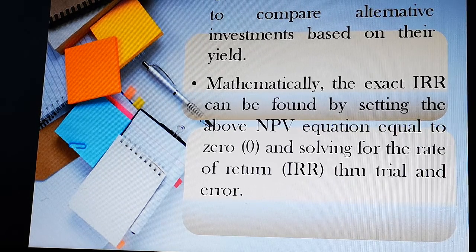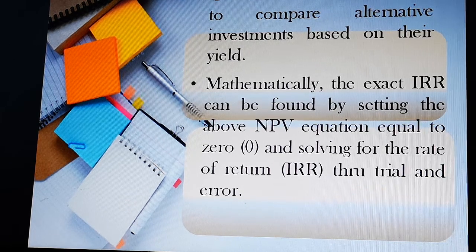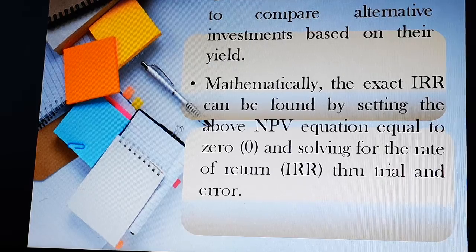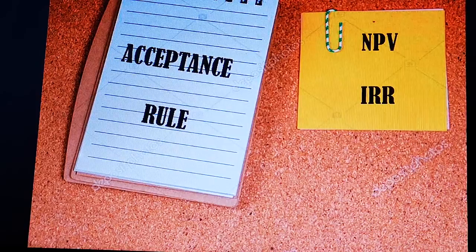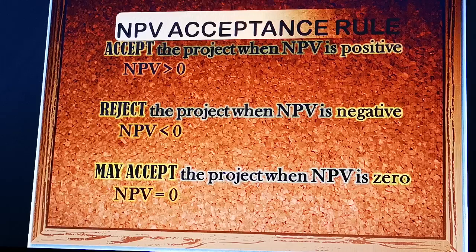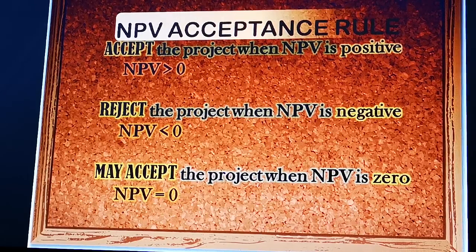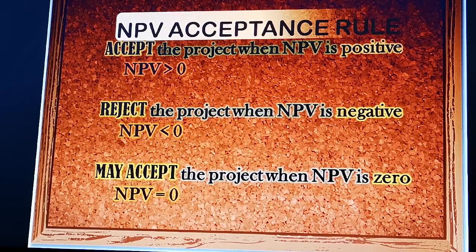Mathematically, the exact internal rate of return can be found by setting the above net present value equation equal to 0 and solving for the rate of return through trial and error. What is the acceptance rule for the net present value and internal rate of return? For the net present value, we can accept the project when the net present value is positive. We may reject the project when the net present value is negative, but we may also accept the project when